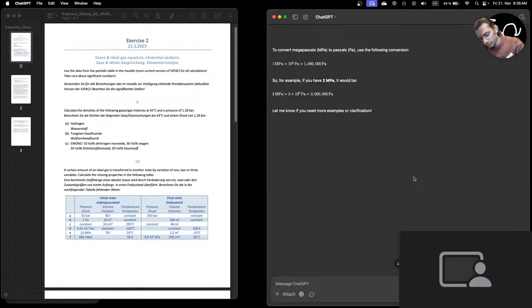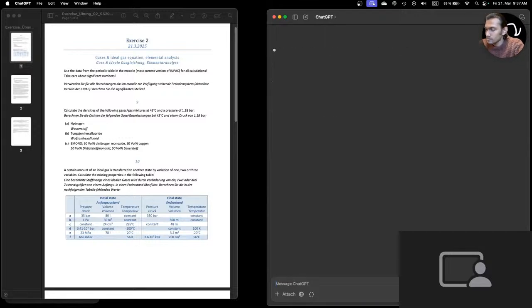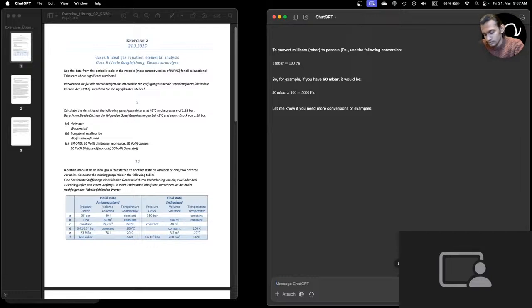So listing all the values, P1 equals 666 millibars, which implies 666 into 10 raised to 2 Pascal. P2 equals